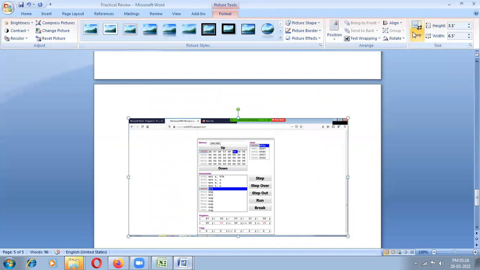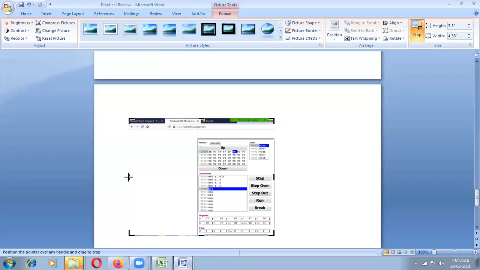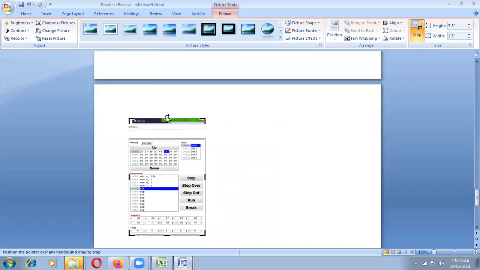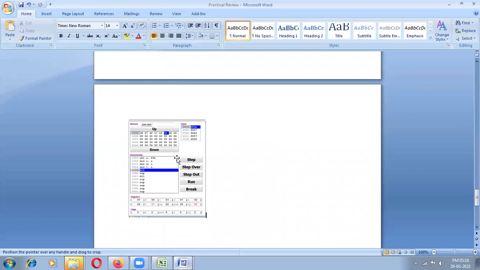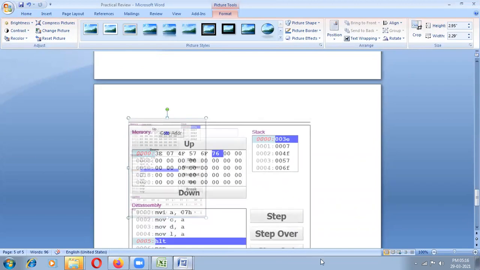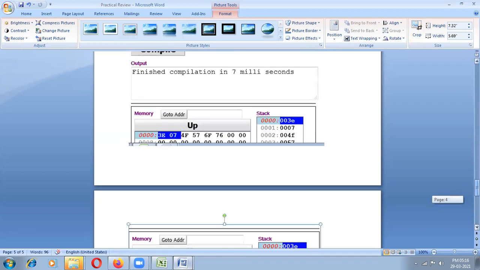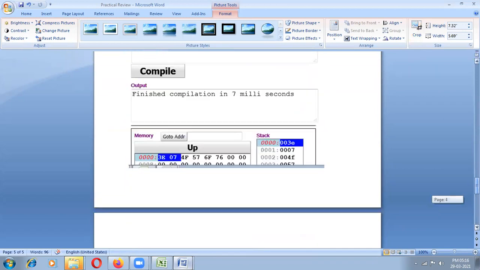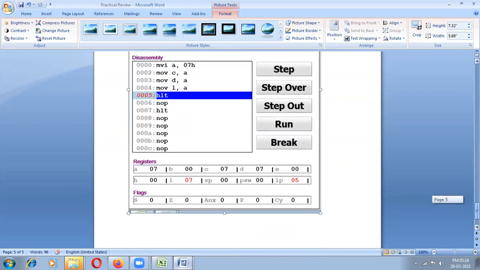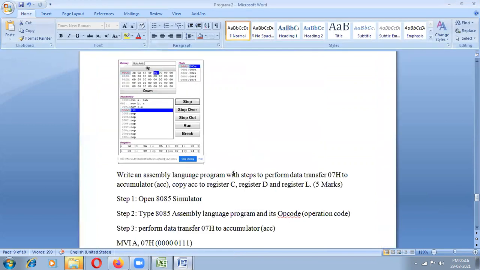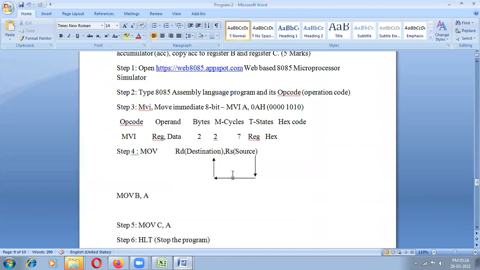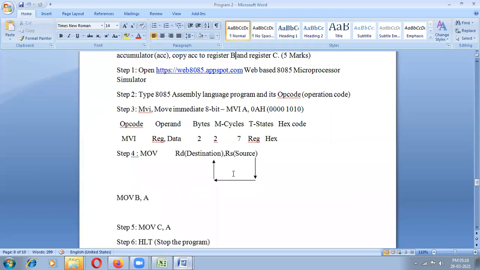Double click, crop will be coming. This is not an assembler, it is Microsoft Word. I want to make it, but you need to make it in the assembler, then copy the screenshot. I want to know whether you know this assembler working or not working. So you write the program in assembler and result will come like this with the registers. So compulsorily 2 screenshots are needed. If you write like steps, really appreciable, really good for you.